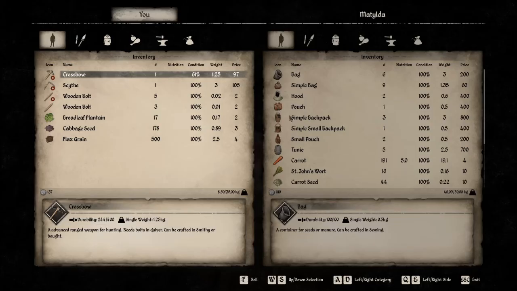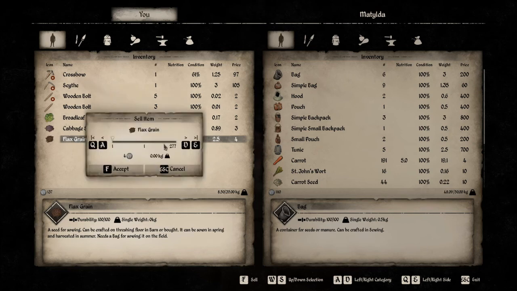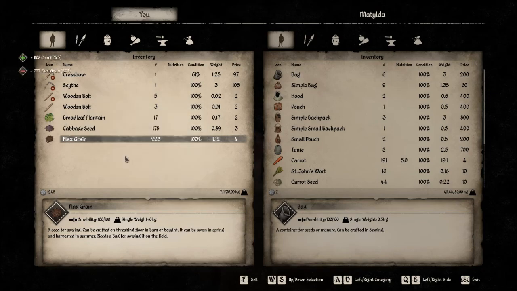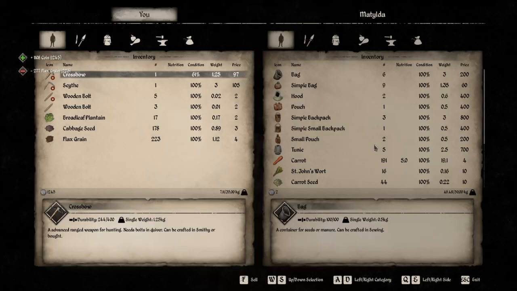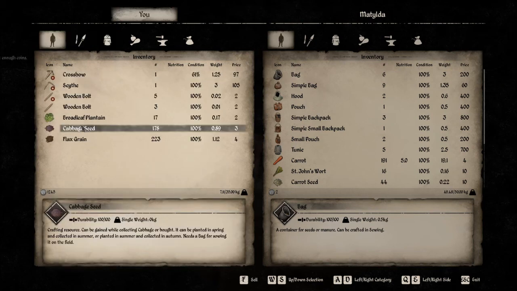Alright, so here's Matilda. She's got 1,100. So we are going to sell flax grain, and we can only sell her 277 before we actually run her out of money. As you can see. Alright, so we're just going to... What's this? A 3? Nope, wrong button. That's not F. This is F. Not enough coins. So it won't even...